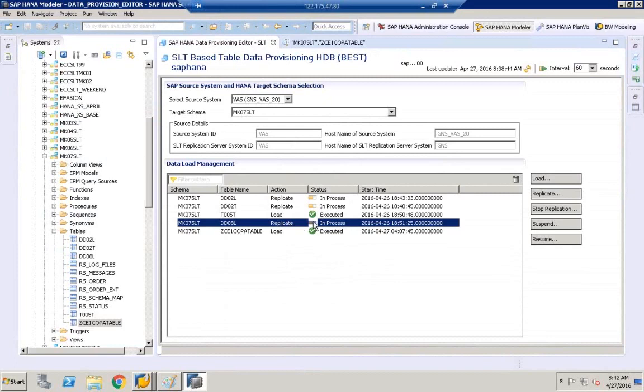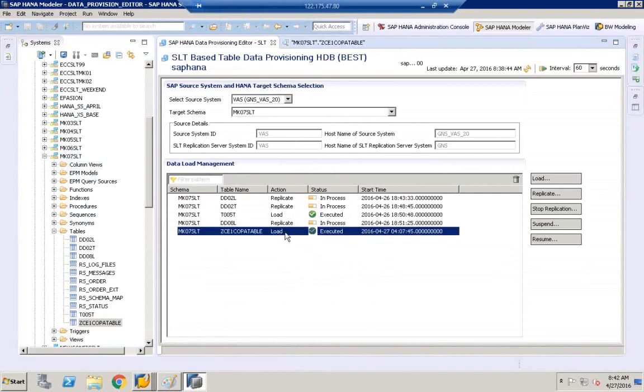We need to have this status. Only then whatever change you make is updated to HANA. For load, it doesn't update. It's only a one-time job. So in order to get data in real time,